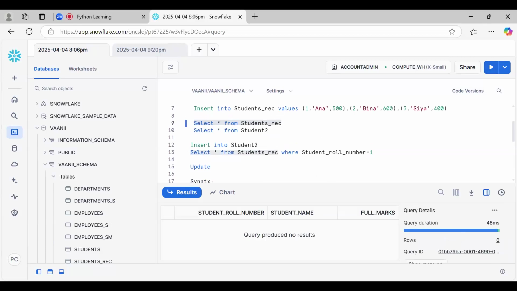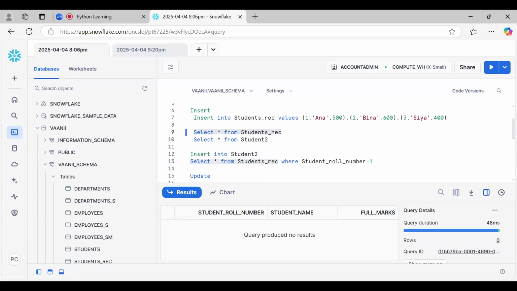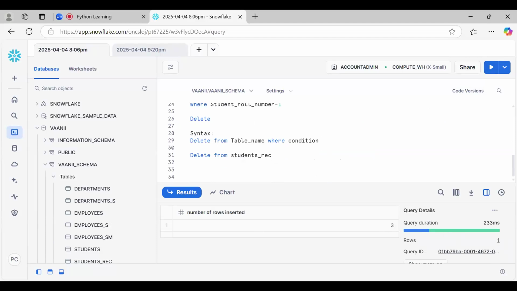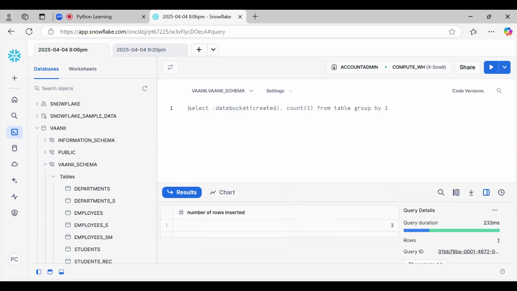So if we don't add the WHERE clause, there will be no data, if we just do delete from and the table name. So that was update, delete, and insert.